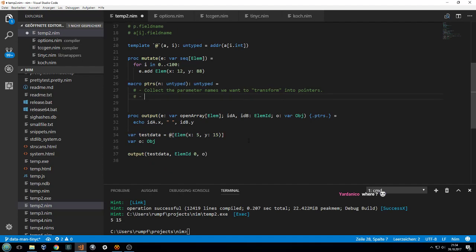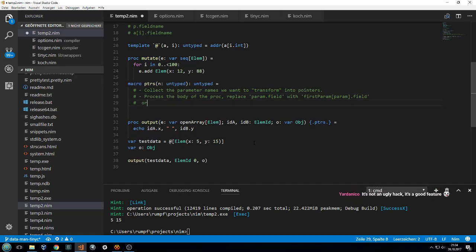Second step, process the body of the proc, replace, and now here it comes, so replace param.field with, and now first param at position param dot field,